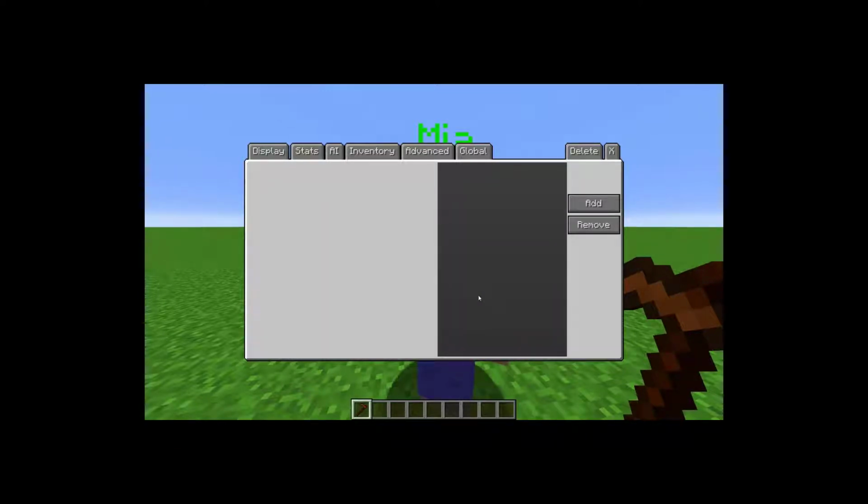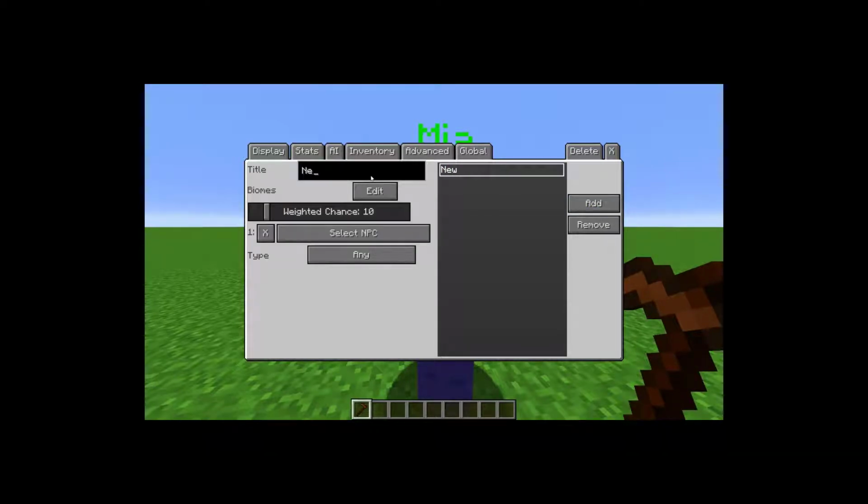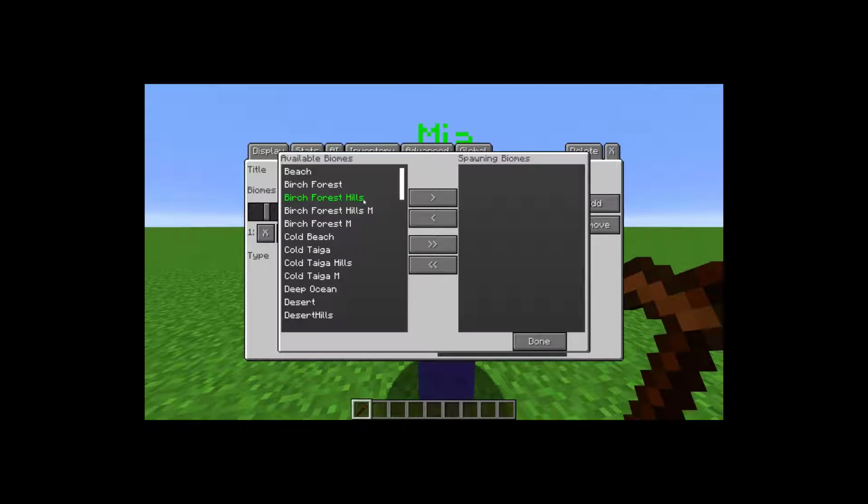Natural spawns is also broken, but I will go over the menu. Natural spawns is supposed to make NPCs spawn naturally in the world like any other mob. Click add to create a new natural spawn, then select it. Change the name of it here, choose what biomes they spawn in,